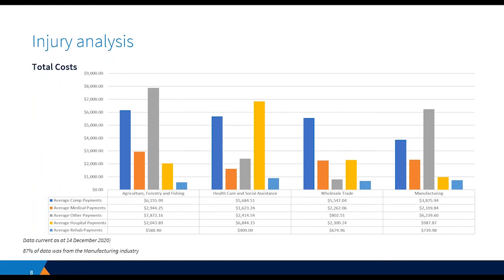We analysed 1,242 claims accepted within the past five financial years from the following industries in the Kingaroy, Kilcoy, and Dalby regions. This graph shows the average amount of total payments that have been made per claim per category. In some industries, the majority of claims cost is attributed to hospital or other payments. Other payments consist of medical expenses such as medication and independent living aids or services.